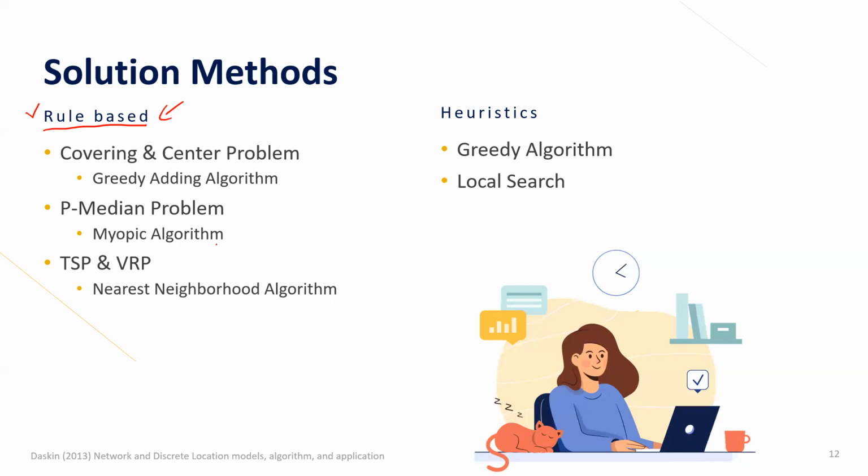Another one is earliest due date. If you don't want to have many late jobs, you try to solve the one that has the earliest due date. It's like when you do homework and many classes give you homework. Whichever class gives the earliest due date, you do that one first. Sometimes you do that, right? That is another scheduling strategy. All those strategies belong to rule base. The question now is: